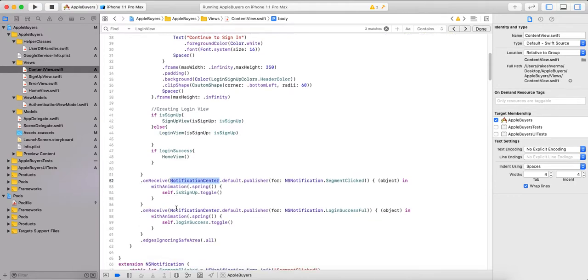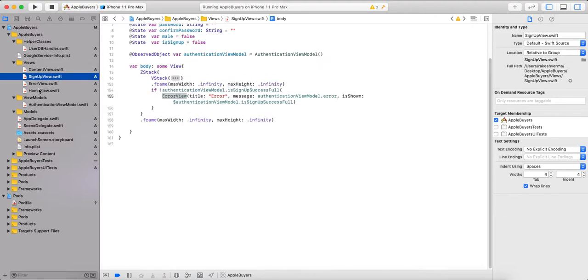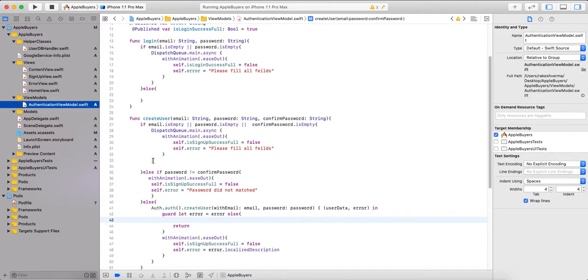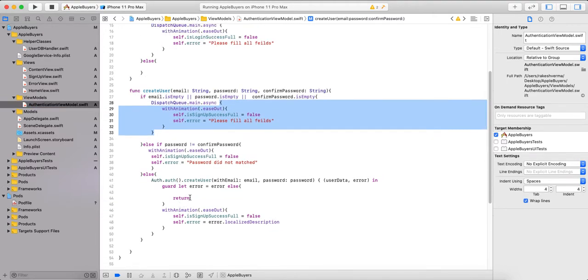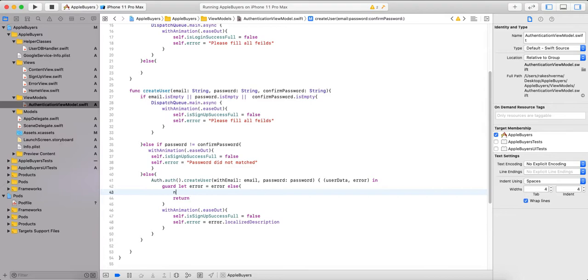I have already added a notification center. Whenever a notification is fired, these methods are called on receive for the particular notification. Suppose if the login segment button is clicked, then this is called, and the sign up toggle is also called. So first of all, we need to call the sign up authentication view, and then here the notification center